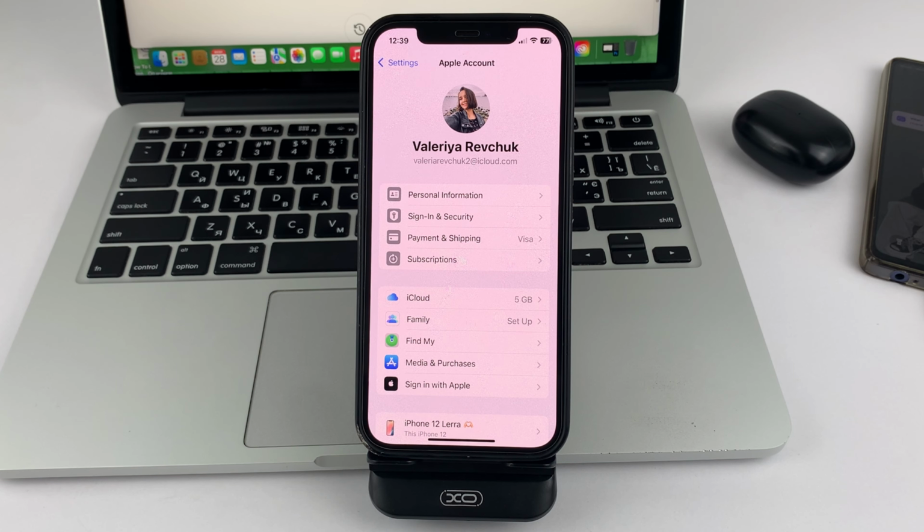What does this mean? It means that more than 3 Apple ID accounts have been created on the iPhone in question. This is done by Apple itself to prevent people from creating many different fake accounts, to prevent fraud and so on. If you have faced such a problem, then, in principle, you can solve this problem.